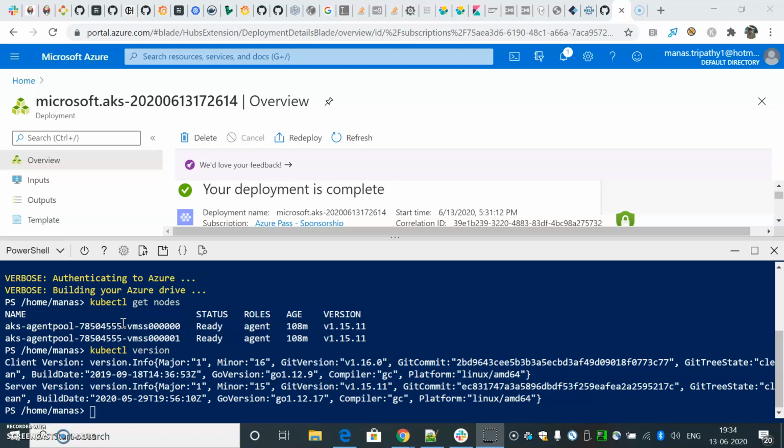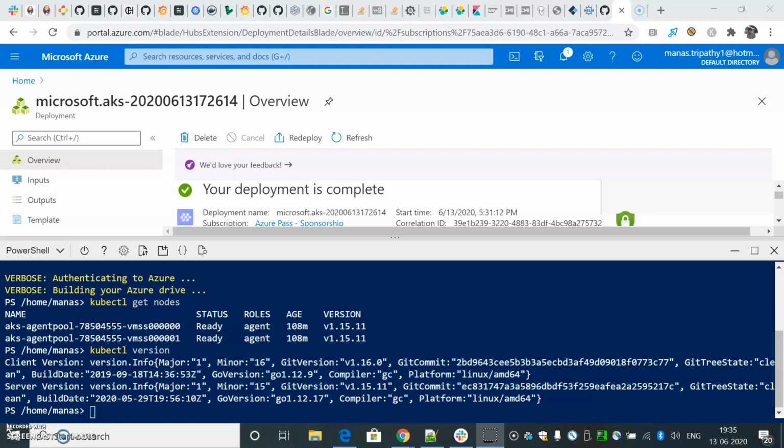Coming back to our point, all these operations will take about 10 minutes per node by default. If you're having 5 nodes in a cluster, then AKS will be using 50 minutes for the upgrade.